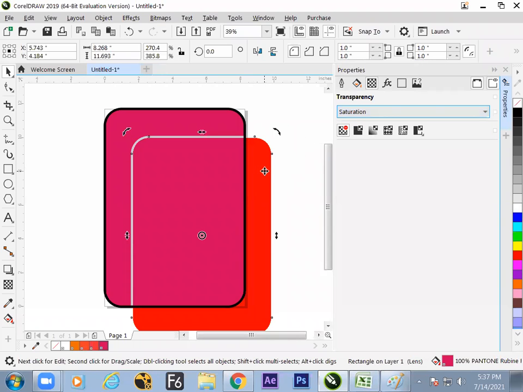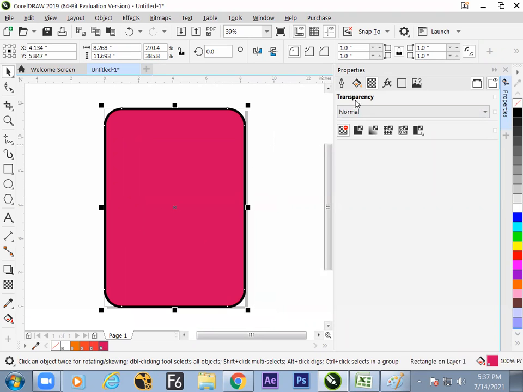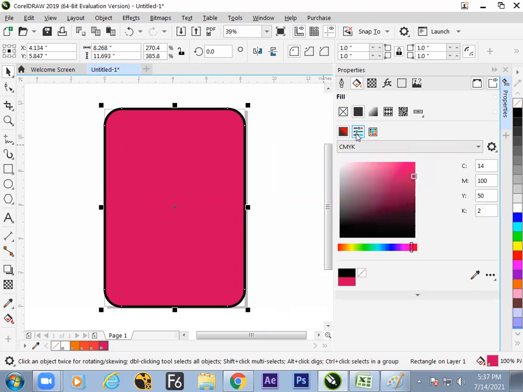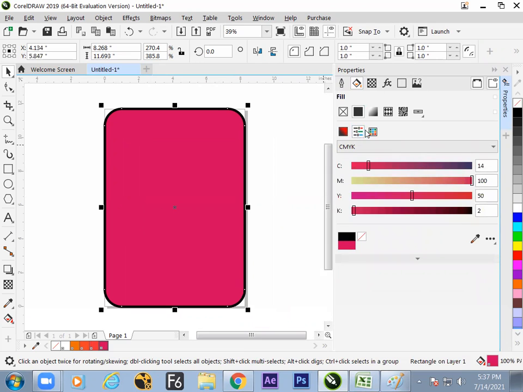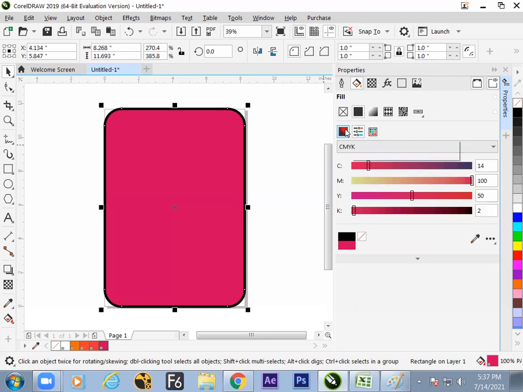Now check the screen. We'll do some exercises. Let us make the red color. How to make the color change? Now, what you're learning is how to change the color of your object. The color of the object can be controlled in three different ways: either the picker way, the slider way, or the swatches way. Is it okay? Swatch palettes, color palettes, slider and picker.